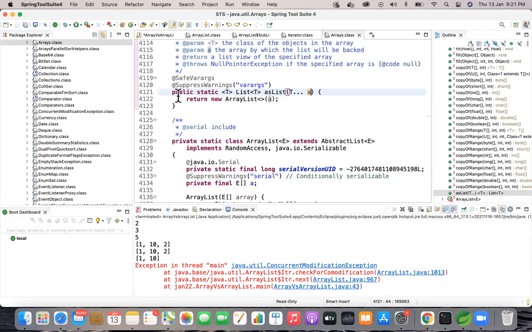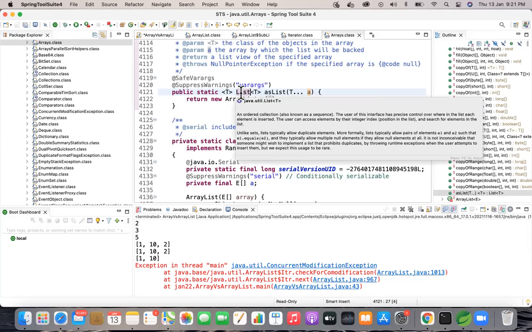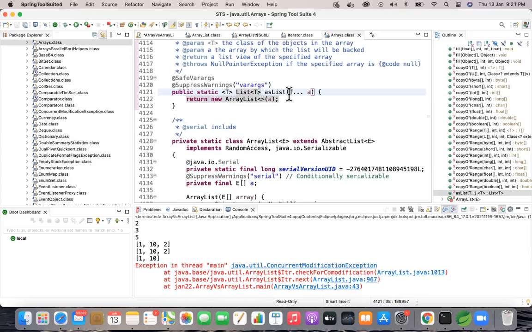So this one, asList, returns a list. It accepts integers, right? This is like generics. T triple dot: T is a generic, but the three dots represent the variable argument. And if you have any method with an integer array, you can just replace that with T dot dot dot. But a small check is: